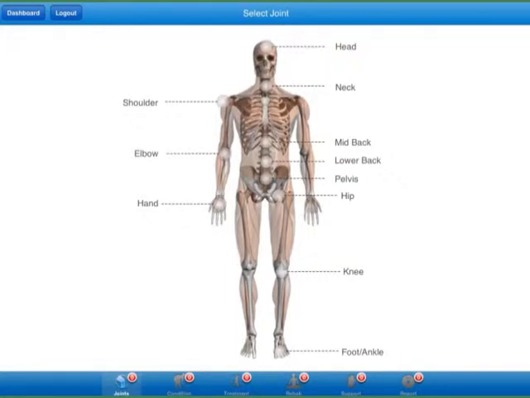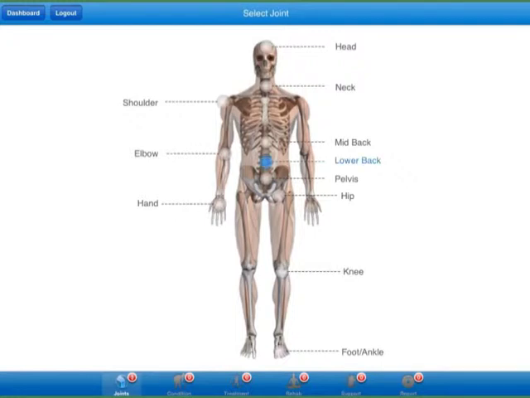This is a tutorial that is just going to outline some of the basic features of the iPad 3DRX Comply app, and I just want to go over a couple of the ways that you can use the app just on a day-to-day basis. So for example, if you wanted to go and find some conditions in the lower back,